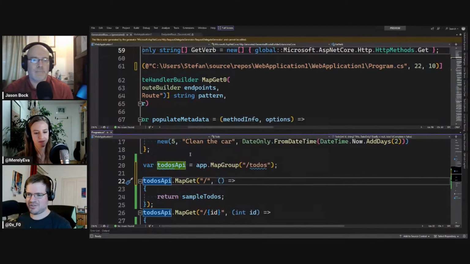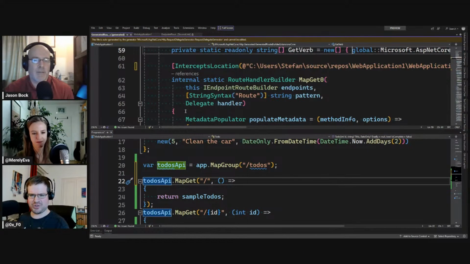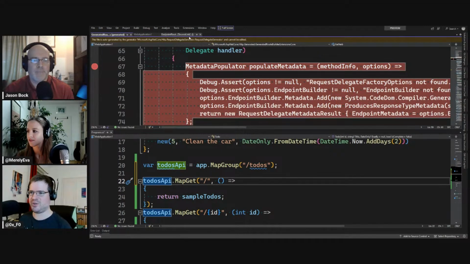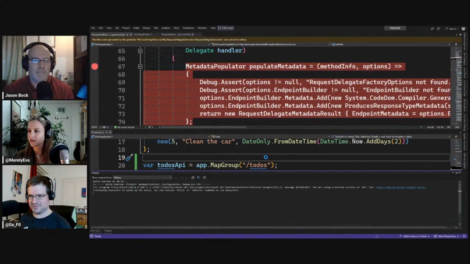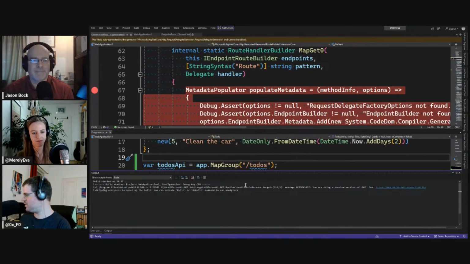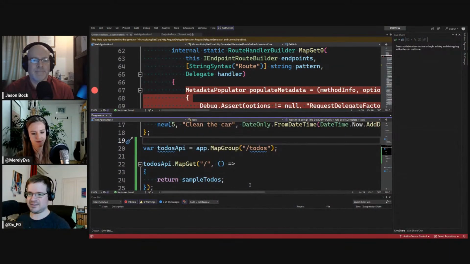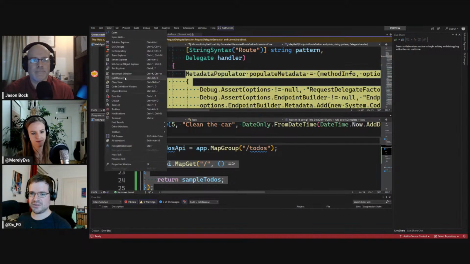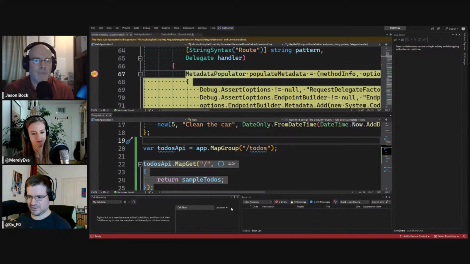Cool. Now I would like to give this a try. Because that's source generator code, it's part of my compilation, so I can actually set a breakpoint, and this should be hit. So it doesn't call into the framework code anymore. It calls into this intercepted code. Let's see if that is working as expected. And so it does. I have the call stack. I don't know. Window, view, call stack, call hierarchy. No, that's not it.